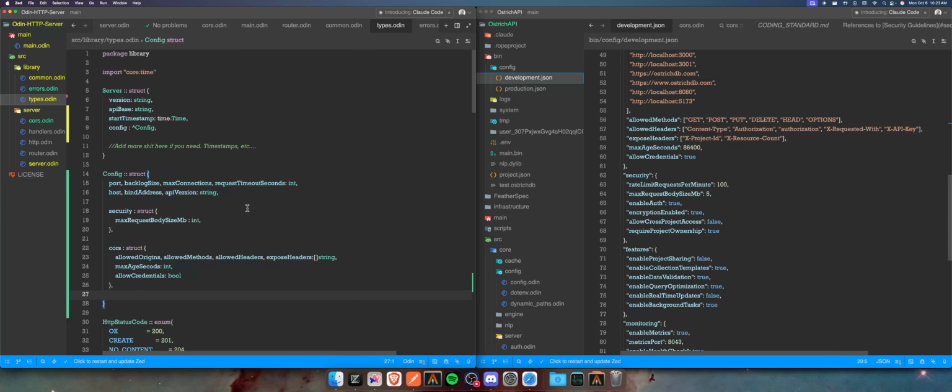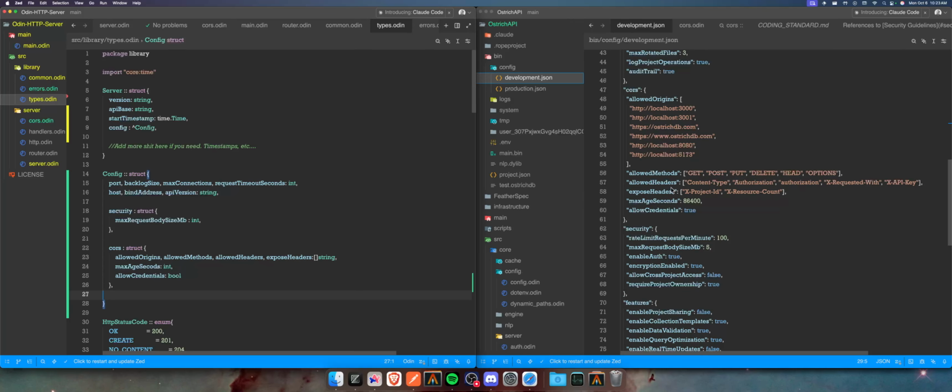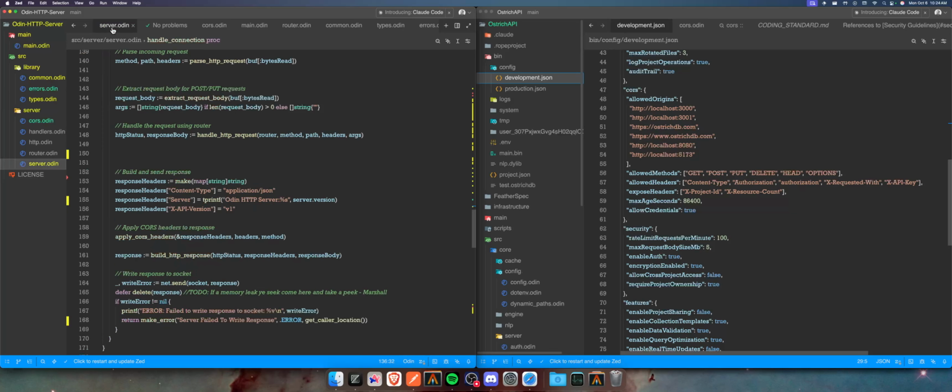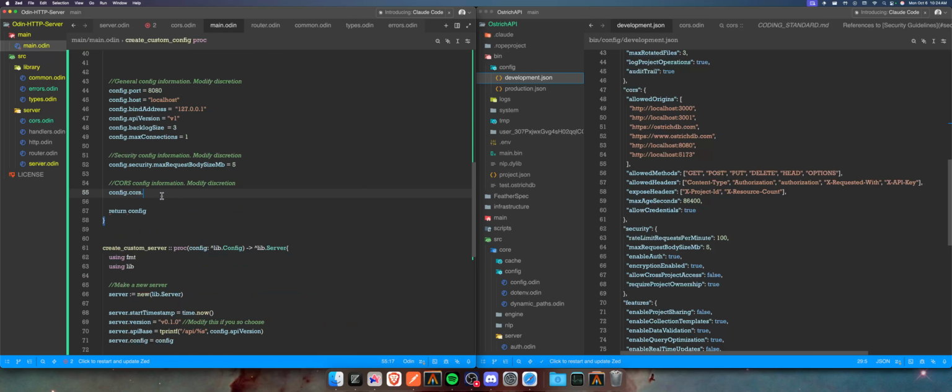All right. Allow origins, methods, headers, expose headers, max age. All right, cool. So now we go back to main, cores dot